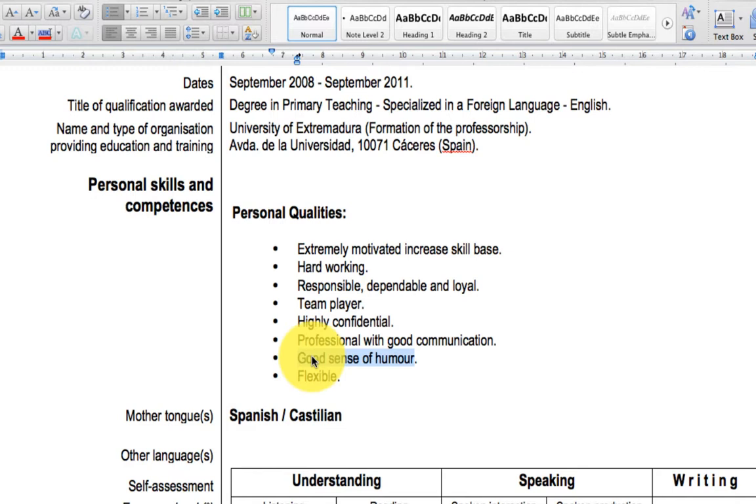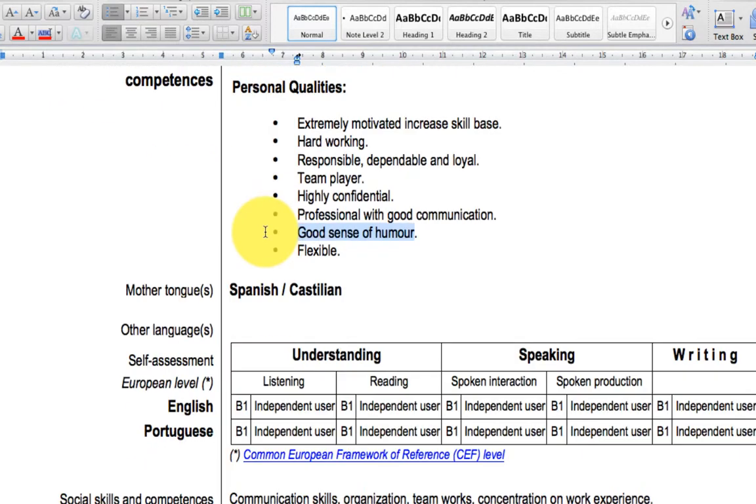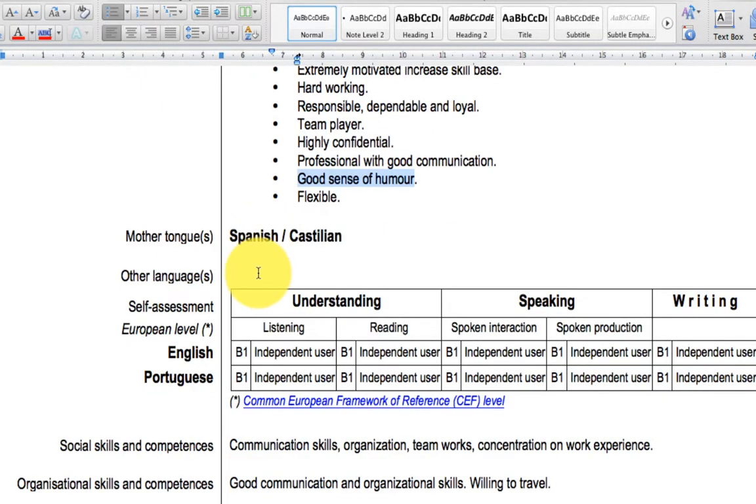So I would refrain from putting personal qualities certainly in this fashion, and we'll come back to how they should be represented in another video. So next thing,